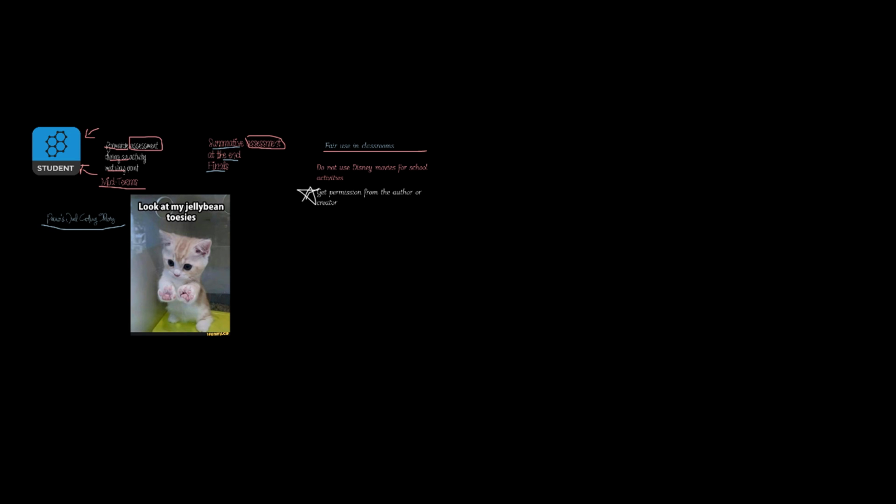If you get permission to create a worksheet or use somebody else's worksheet, you can actually kind of share it with other people as long as you are using it to help them, because you're the one with the permission. If you don't have permission, then you're less likely to be able to use it. If you don't get permission, you technically can't use it. You can't do it. So just get permission. Super easy to do.